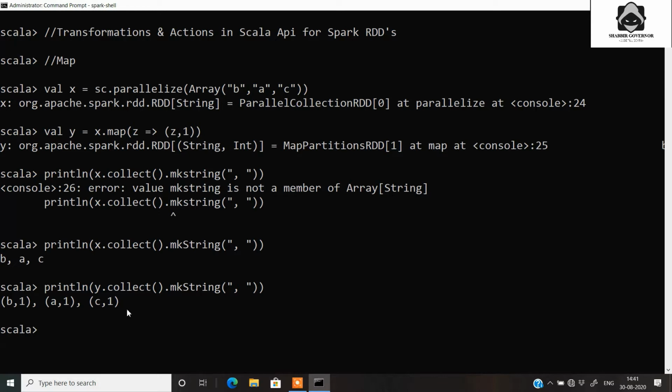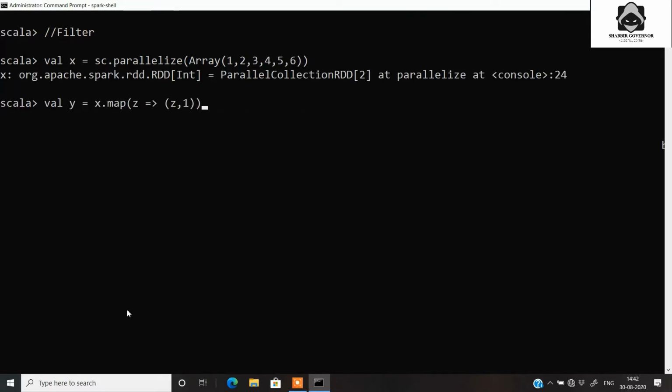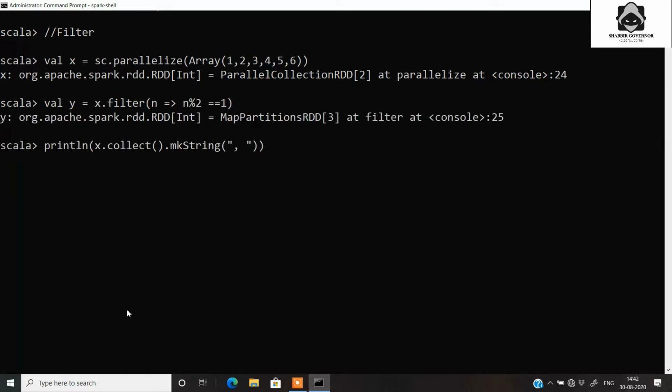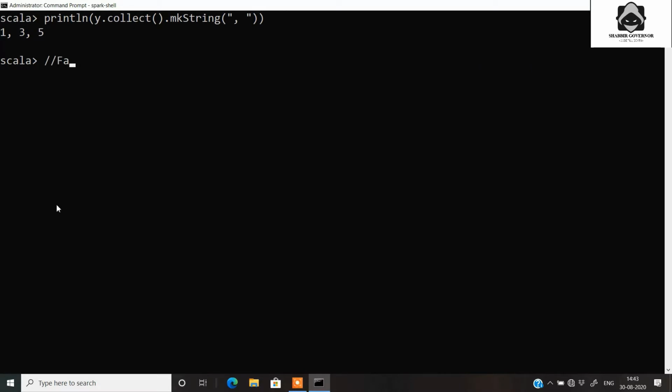So let's see the next transformation in action. The next transformation is the filter transformation, a very important one. Let's create an RDD using sc.parallelize. This time we are creating it as an integer RDD. Then we apply the filter function on the original RDD, and we pass the modulo operator of 2, and if it is equal to 1, that means we want only the odd outputs. Let's print the original one first of all, and in the output, which is stored in y, using y.collect, we get only the odd ones.